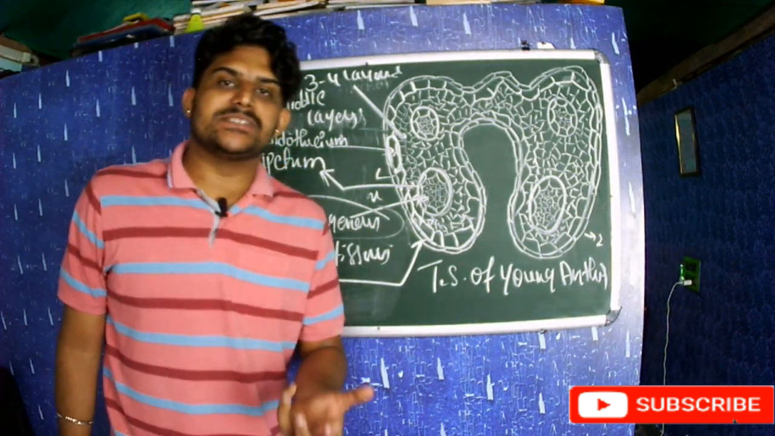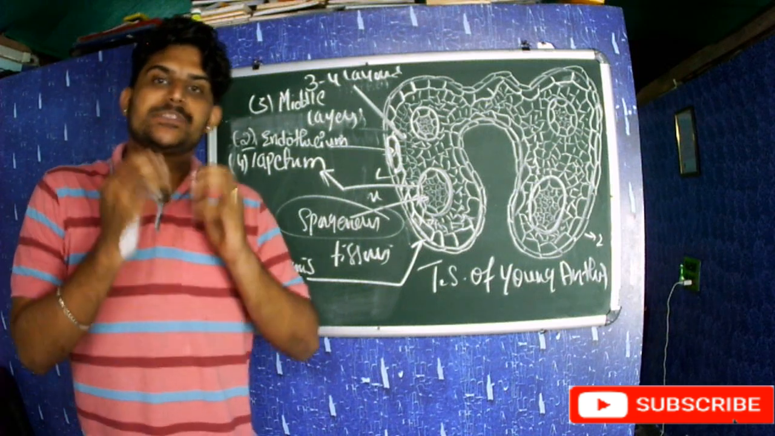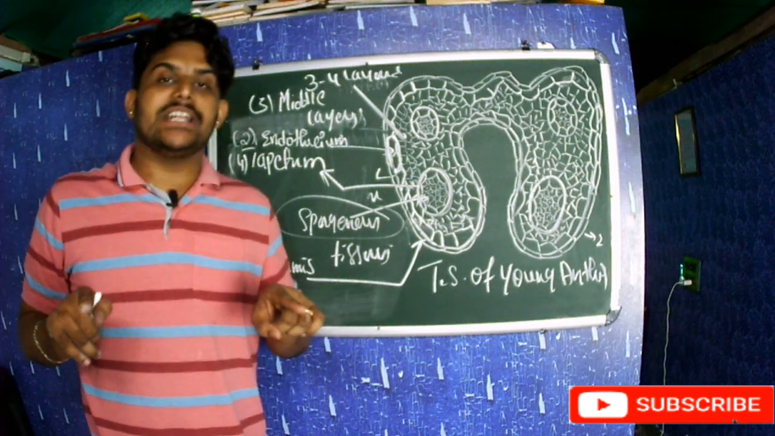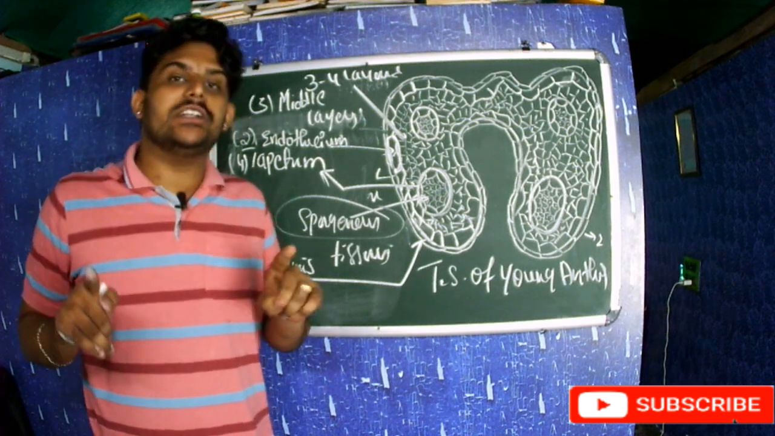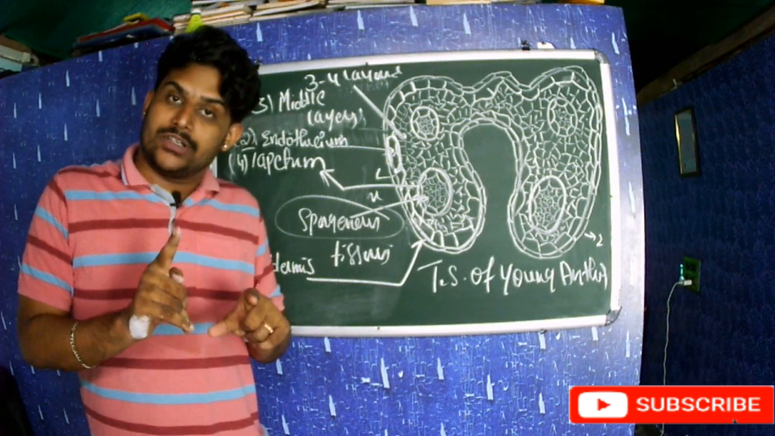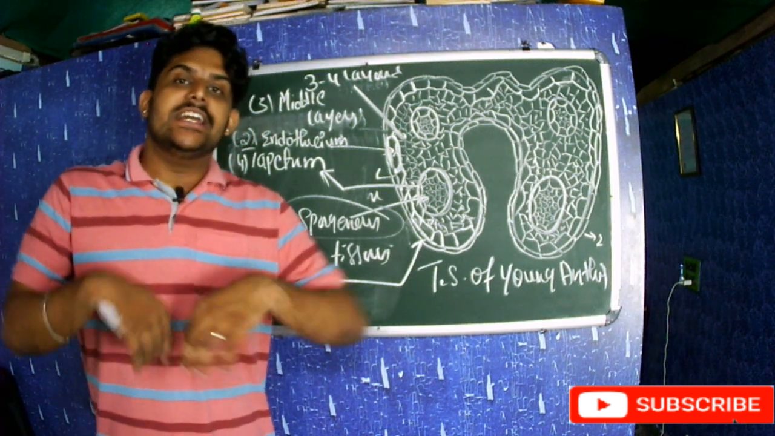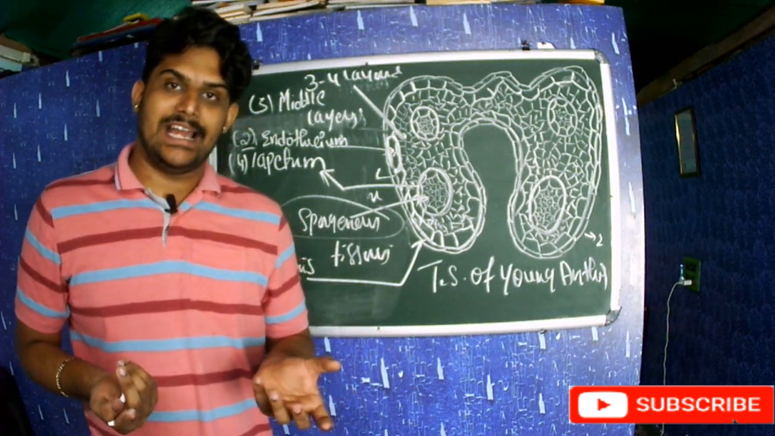So what happens with this sporogenous tissue? The sporogenous tissue divides mitotically, or else it directly functions as